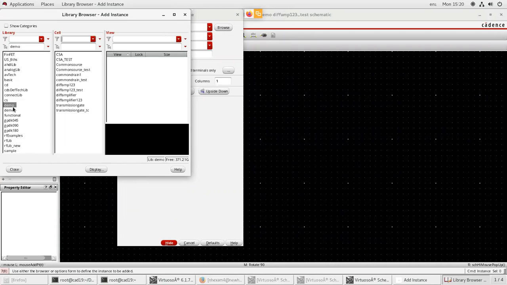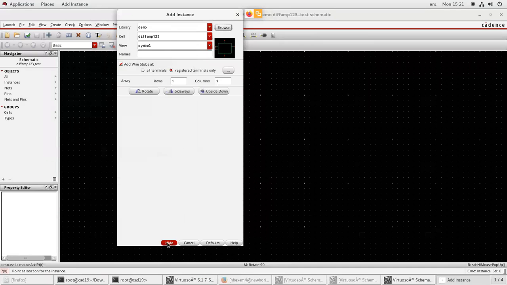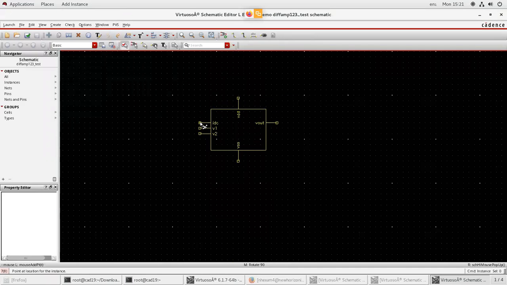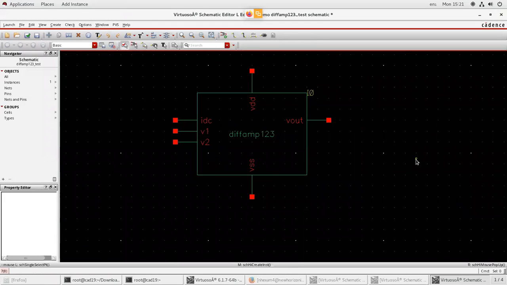In the demo folder, you have created a symbol named differential amplifier 123. Select that, and in View, select Symbol. Okay, you already created a symbol for differential amplifier 123. In View you can select Symbol, press close and press hide. You will get a symbol placed here. Okay, so after getting this,